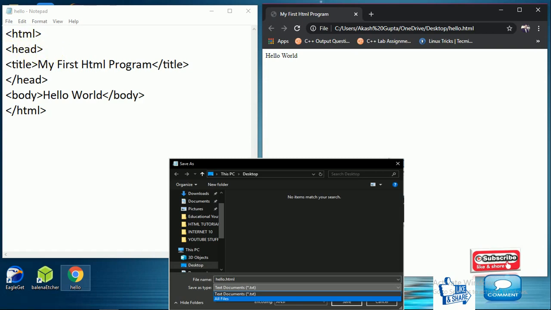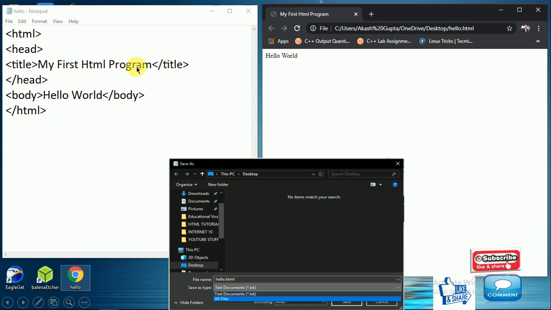Under the head tag you have to give the title of your file. For example, for demo purposes, I created my first HTML program. This is the title of our code. Here I opened the title tag and here I closed it after writing the title of the file.